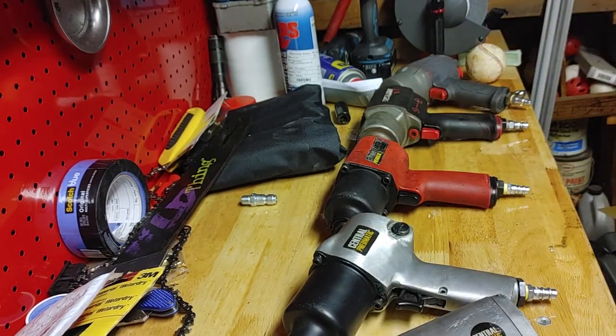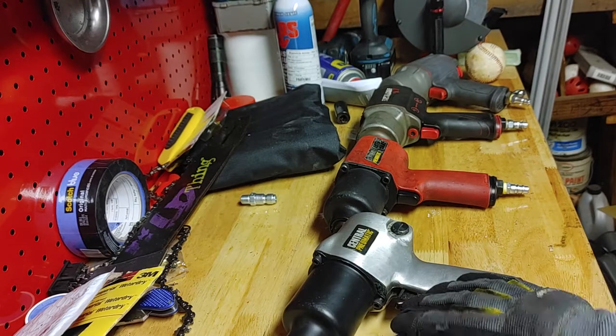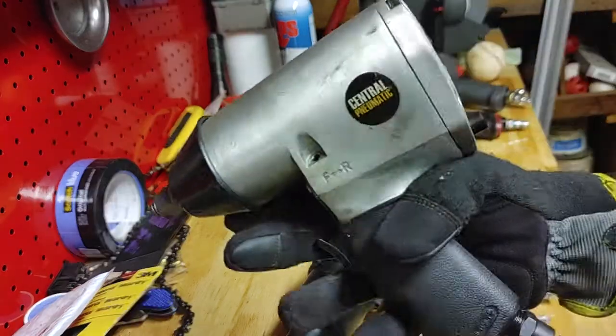Tonight, impact wrenches. Not so much max torques. We will mention it and get into that, but we're talking about trigger control, usability, and what purposes they may have. First up,